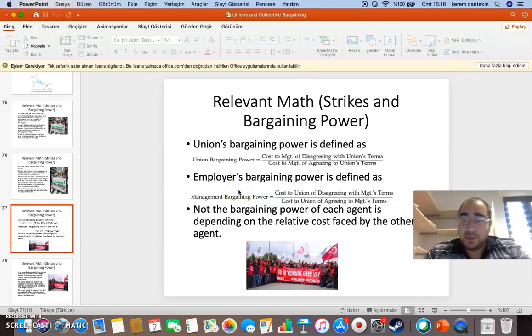Management bargaining power is just a parallel case: the cost of the union disagreeing with management's terms, and the cost of the union agreeing to management's terms. And those costs can actually be inflicted in different ways. For example, famously, when the farm workers union in the United States went on strike, initially production could continue